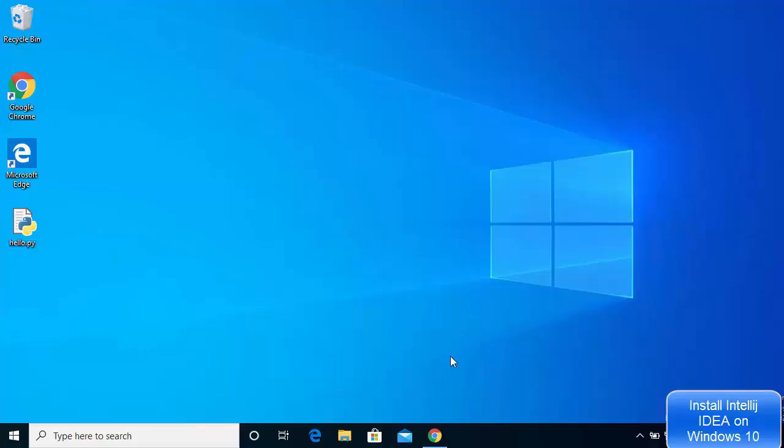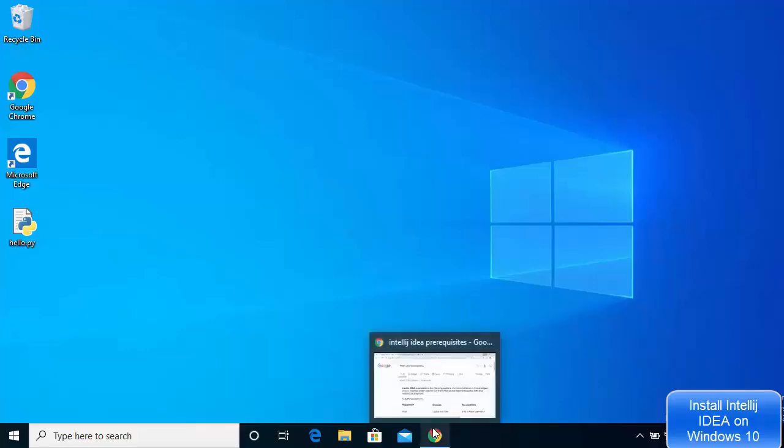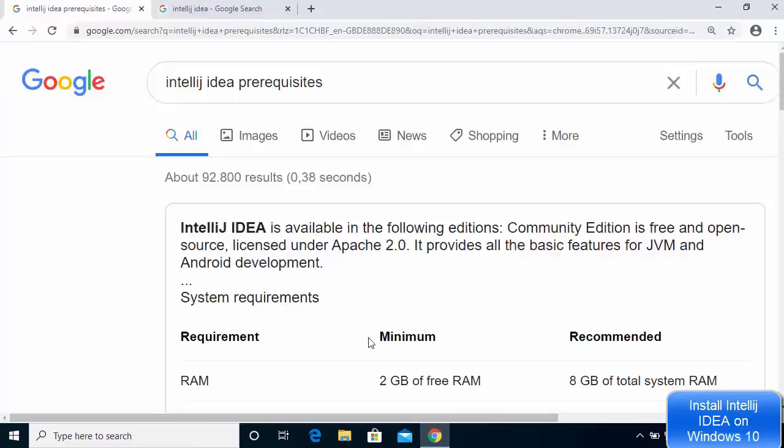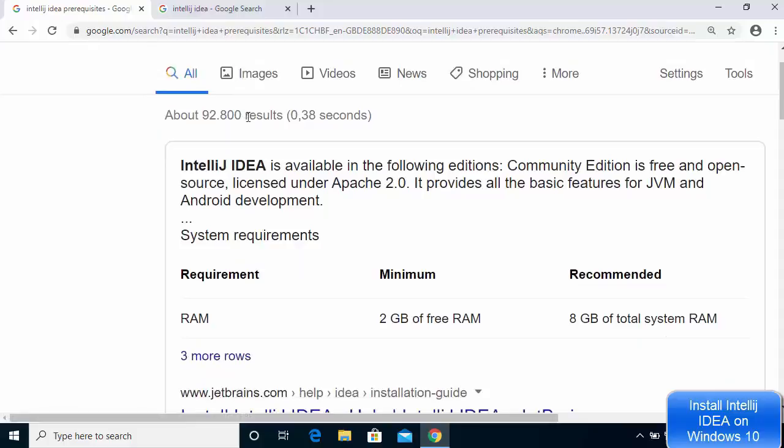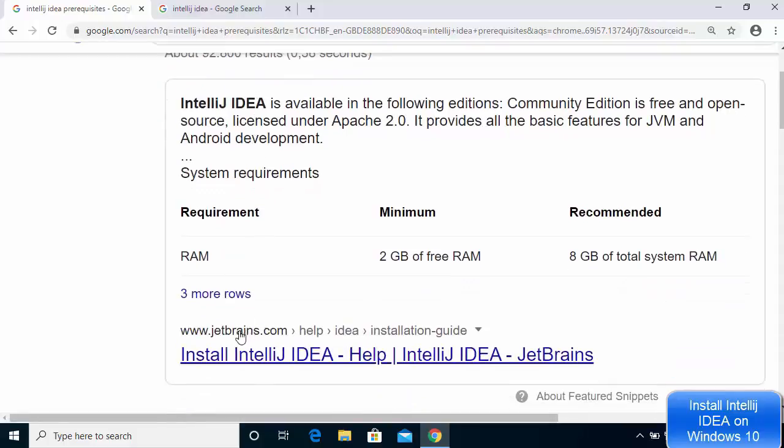So let's start directly by just knowing the prerequisites of installing IntelliJ IDEA. Just search for IntelliJ IDEA prerequisites on your favorite browser, and the first link which you will see here will be from JetBrains. I'm going to just click on the JetBrains link, which is the company behind IntelliJ